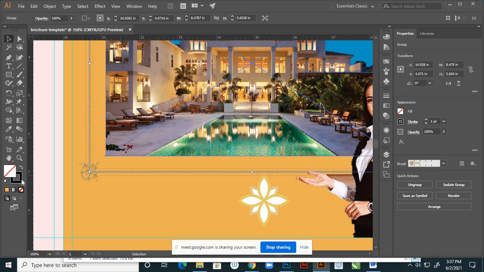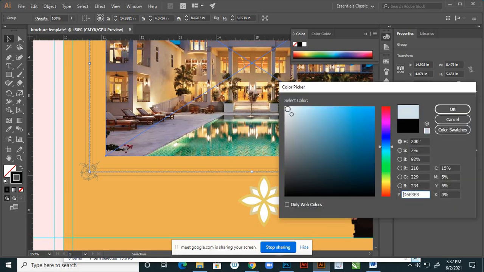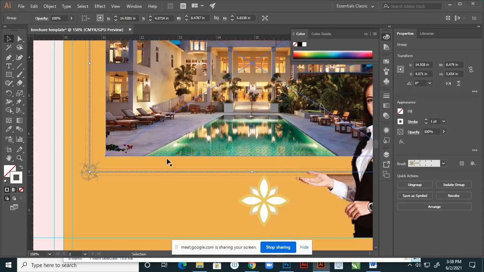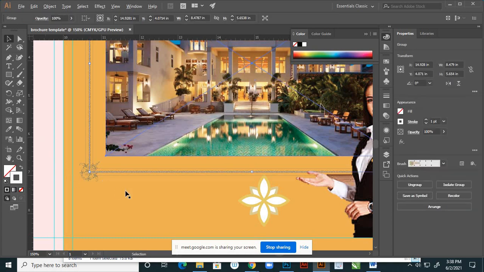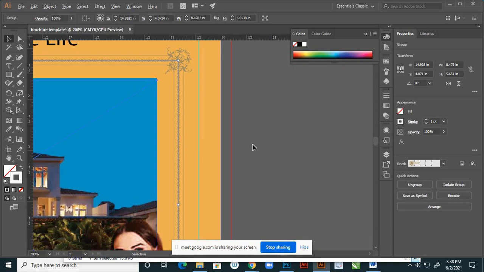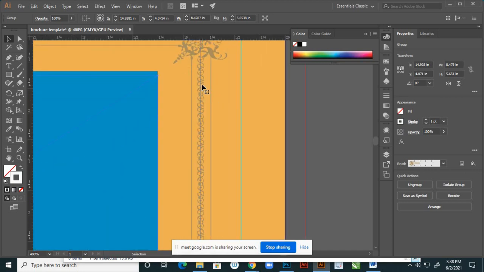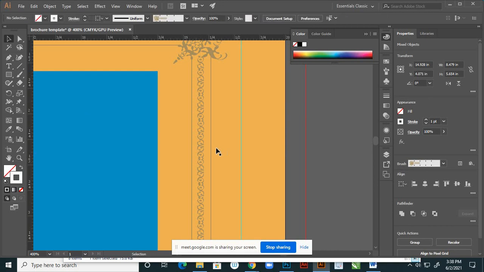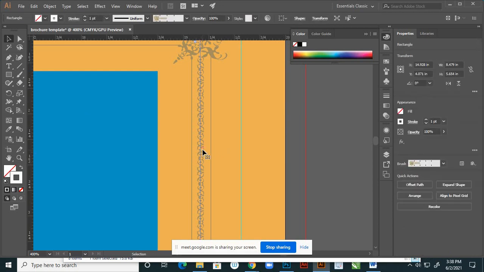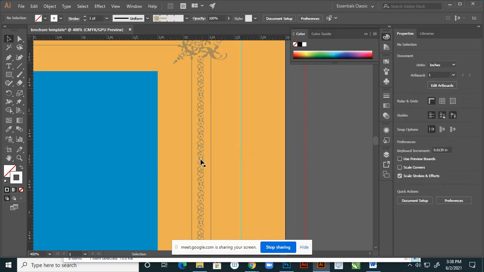And here suppose try with the ungroup. Yes, because it is grouped, I want to ungroup this.